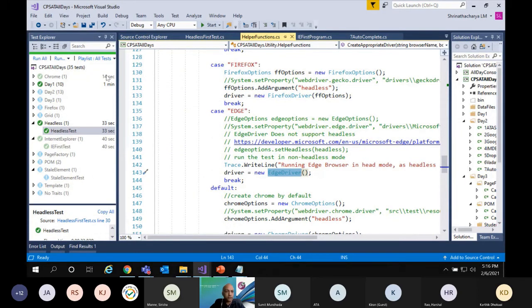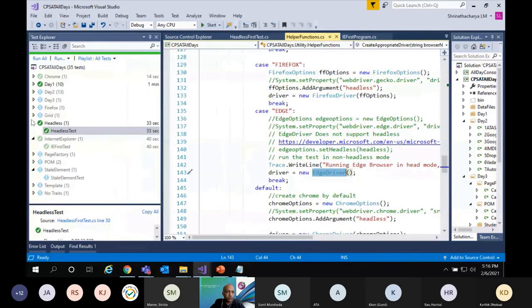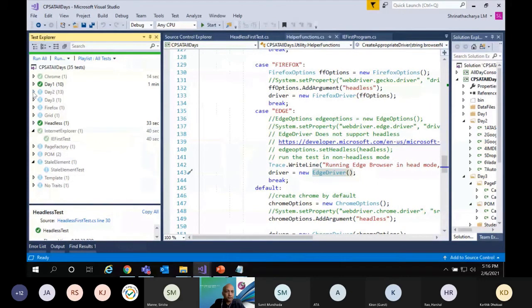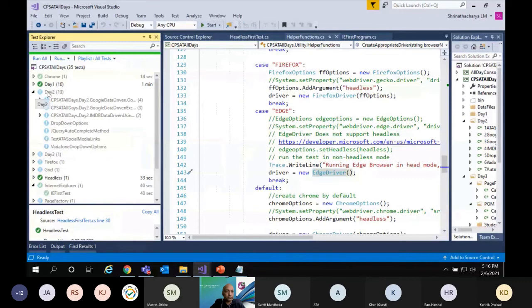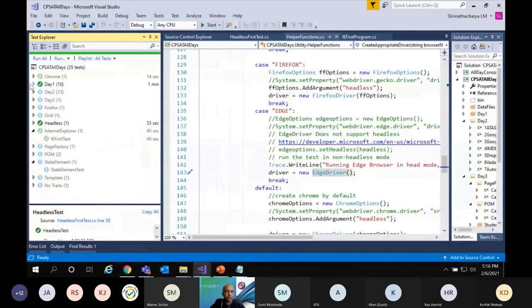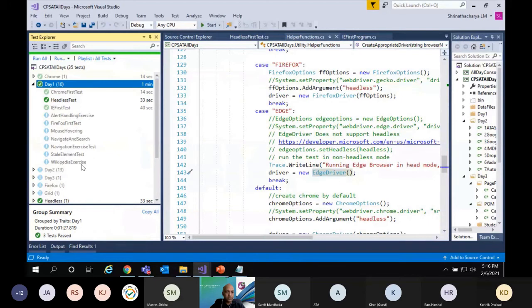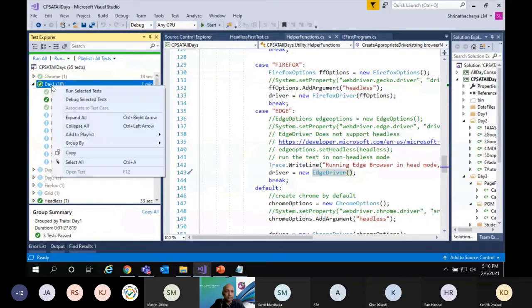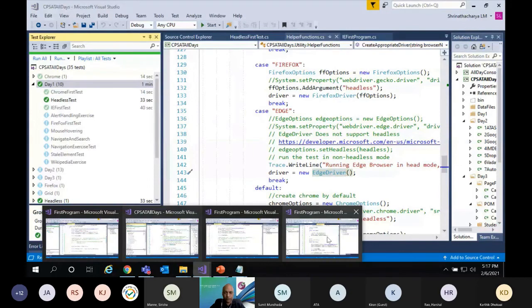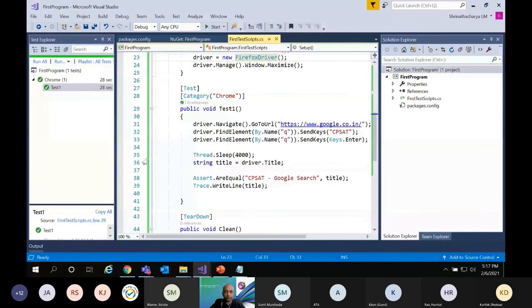And see here in this particular project, I have tried out many things. Under Day One, I have around 10 tests. We can right click and run it. Debug is the one where you want to put a breakpoint. Say suppose in my program I want to see, before asserting, what value is coming.